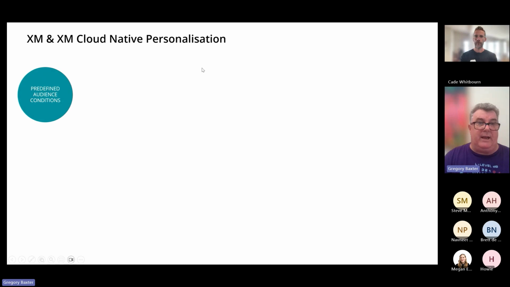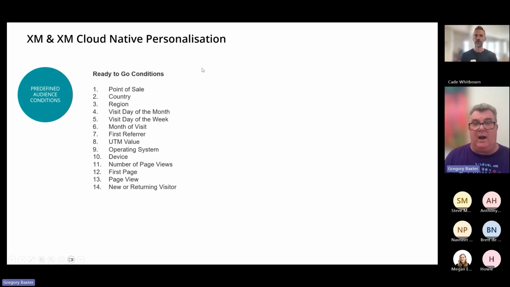So to take a look at what we can actually do natively, there are a whole bunch of ready-to-go conditions that sit in XM and XM Cloud. Point of sale, country, region, day of the month, day of the week, month of the visit, first referrer, all the usual stuff we're used to building our personalization logic around. And if I were to extrapolate a list from, let's say, XP of maybe the things I do most frequently, they would be contained in these ready-to-go conditions within XM and XM Cloud. So they've kind of picked the ones that I would use the most, to be honest,